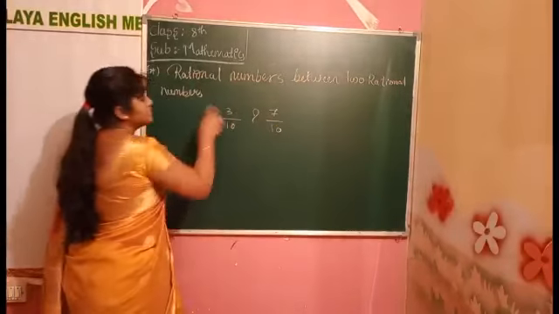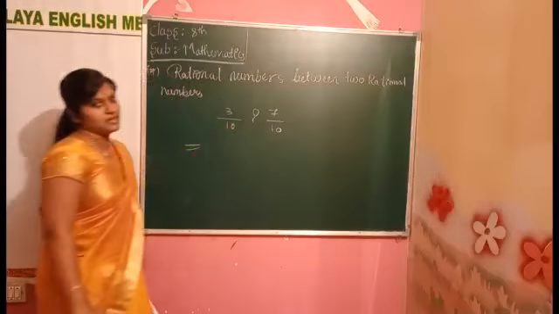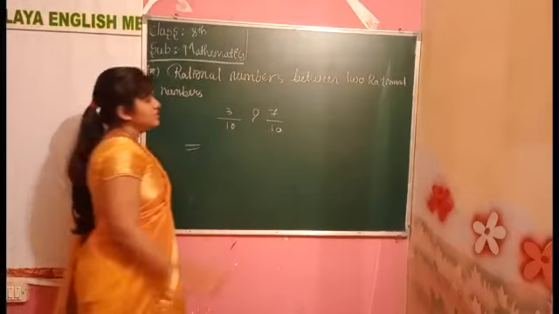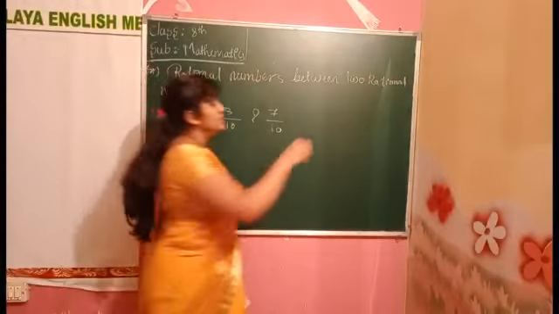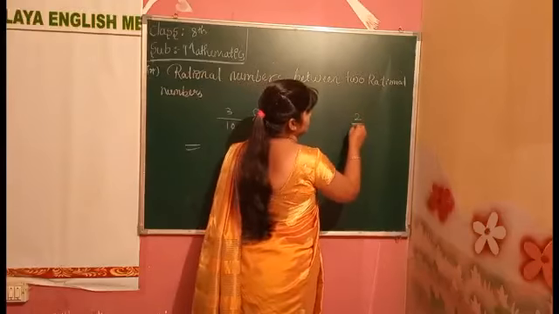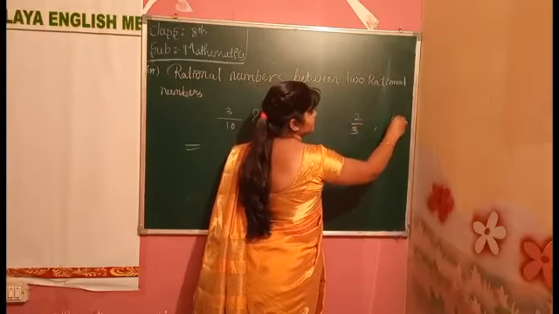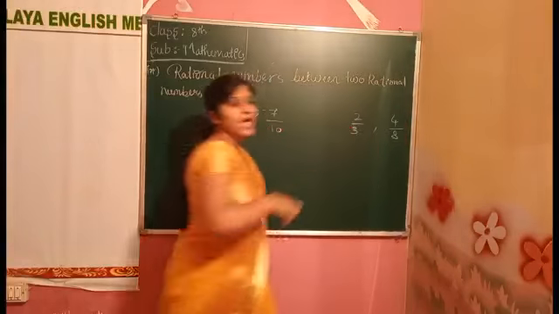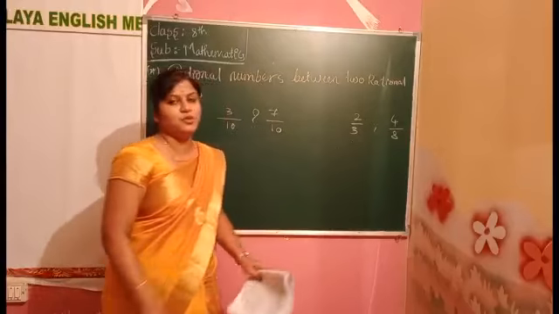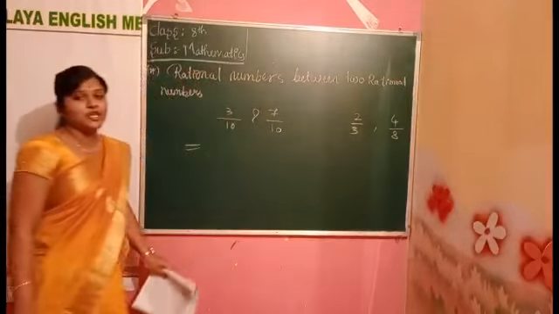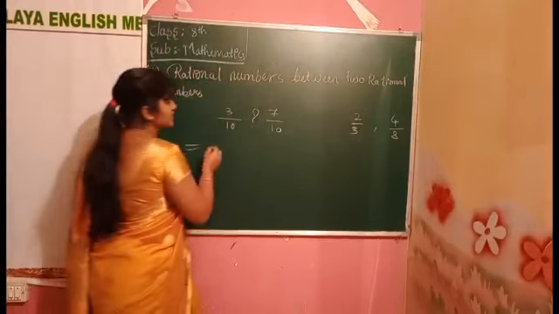How will you write? The denominator will be the same. When the denominator is the same, no problem, then directly we can write the answer. When we have different denominators like this, then we have a difficult form. We have to find the LCM. After that we have to do the procedure. When we have the same denominator, the answer will be easier.